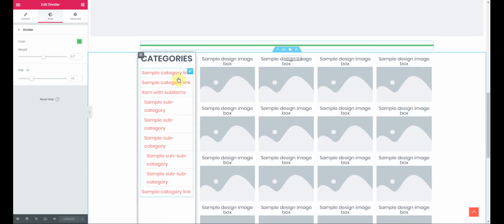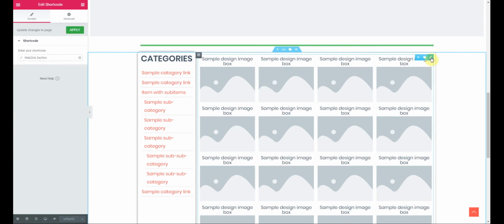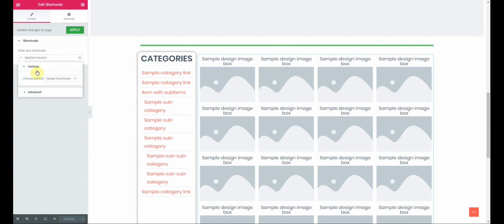Or this whole, I should call this an object, because this is the section that has two columns. We have this one column here and this column here. Within this column, we have an item, which is a short code, and we've set that up with the Web2Ink section, which is design thumbnails. So you'll have to familiarize yourself with exactly what each short code is,